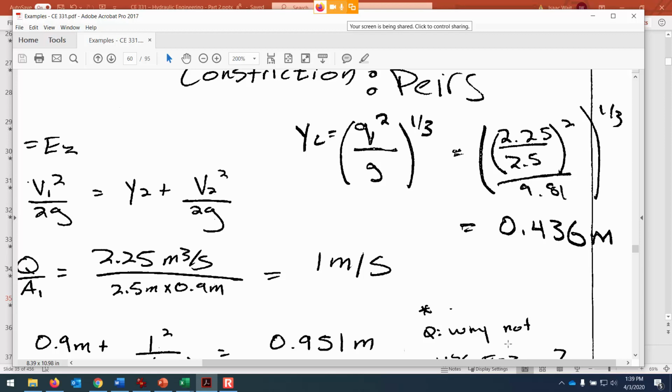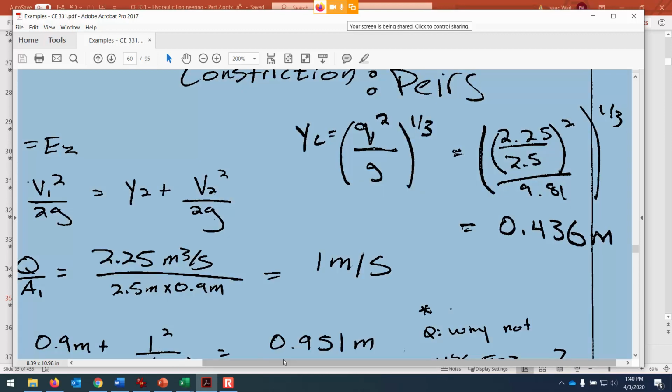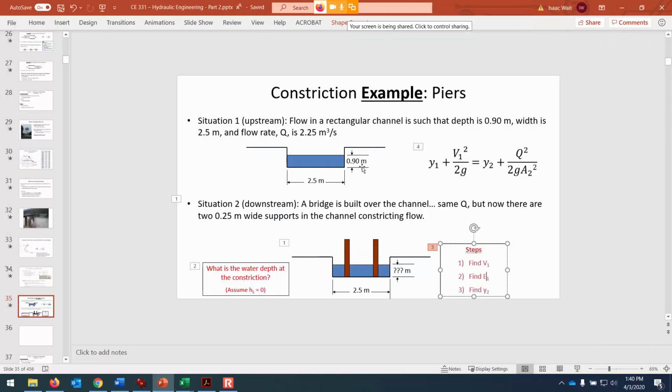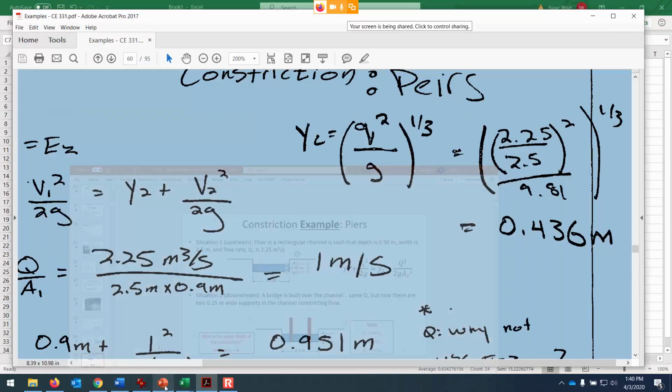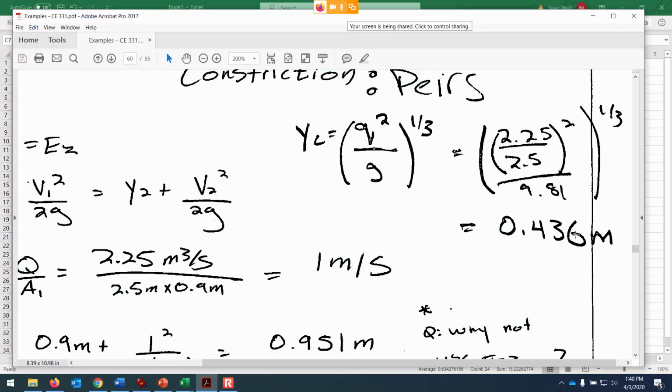constriction occurred. Now the critical depth, based on the flow per unit width for this rectangular channel and G, the critical depth is 0.436, and if we compare the given flow depth, it told us that the flow depth originally upstream was 0.9 meters. So conditions upstream are subcritical because anytime your given flow depth is greater than the critical depth, that means subcritical conditions. So one way I know it's